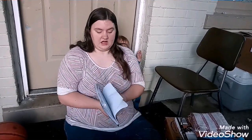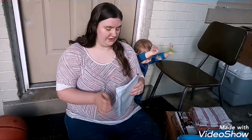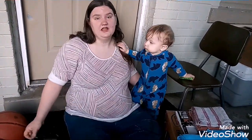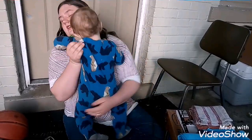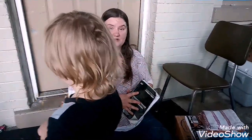Last but not least, I know this is a beat up version of a notebook, but a notebook of some kind to keep record of your kittens. If you like to have whelping colors, you can do that too, especially if you're expecting a litter that's going to look similar and you like to know which ones are birthed first, second, last, etc., and you want to color code them, that's fine. Or if you're a breeder and you want to assign them colors, that's fine. You can use whelping colors. I just use this for record keeping purposes, just so I know time labor started, when each kitten came,